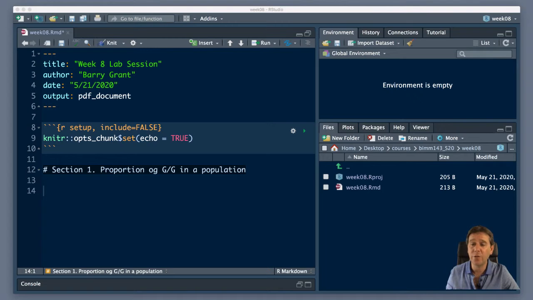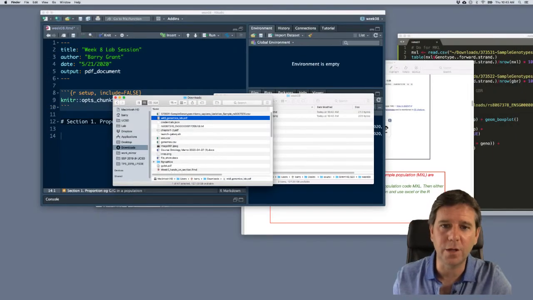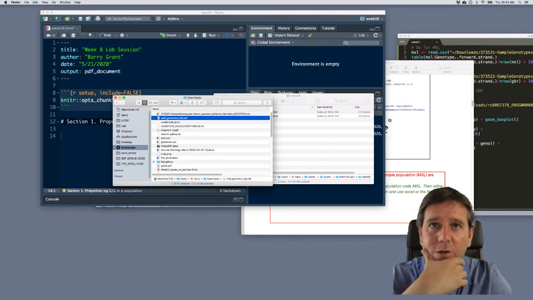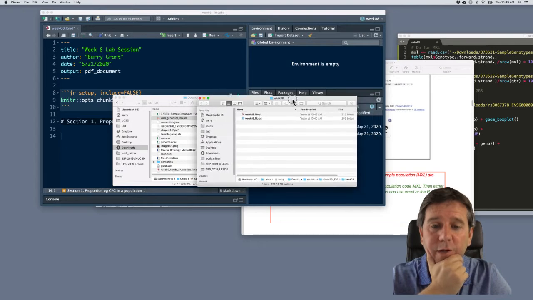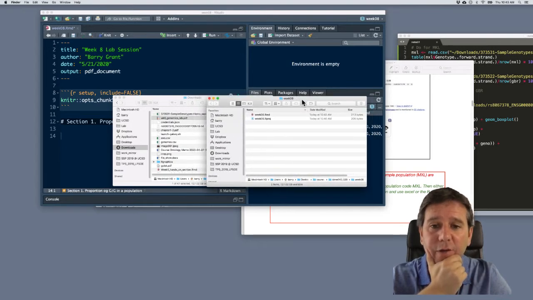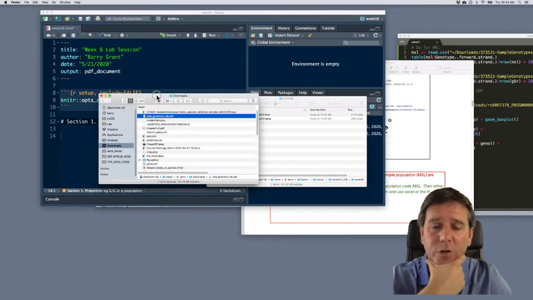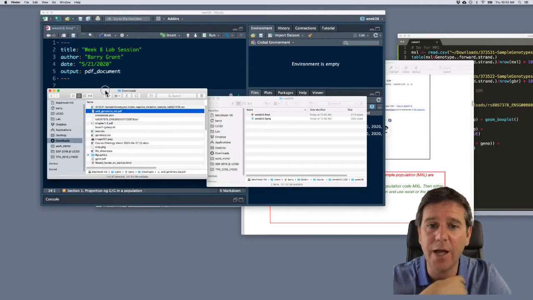This opens a Finder window, if you can see that here. So here's a Finder window that it just opened up. If you're on a PC, this will be a File Explorer window. So this is my project directory location. I have also opened one for my downloads here. You can open a new one with your downloads, and then my task is just to